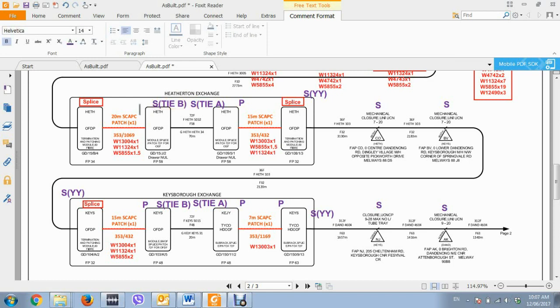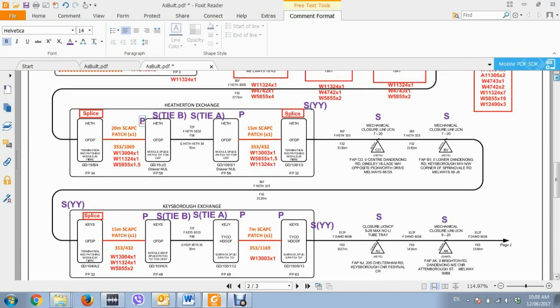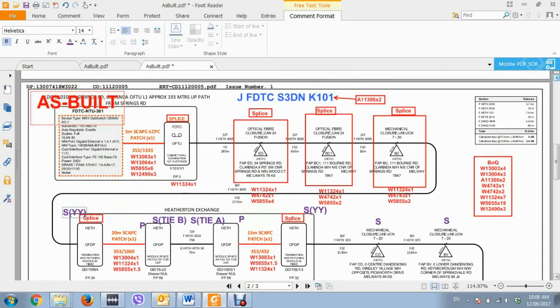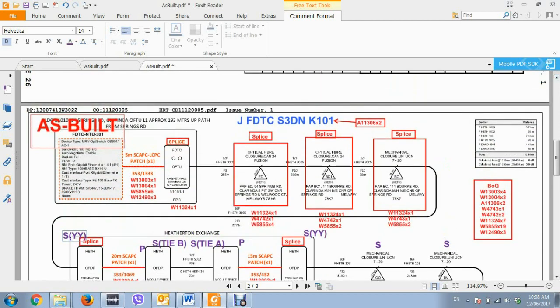Hope it's clear till now. Then attach here. Here there is a splice, and the splice is going directly out of the exchange, so we'll write S and between brackets YY. S in between brackets YY. Then a splice here, one more, and another one,